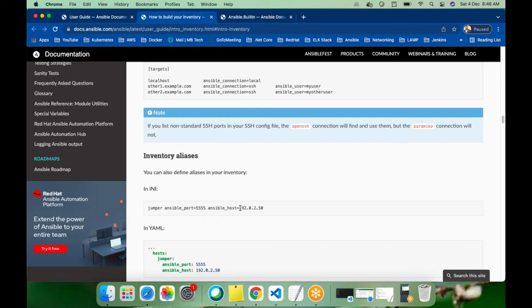Suppose you are going to use these IP addresses. Remembering these IP addresses will be a little difficult, right? So instead of using the IP addresses, you can create an alias for that, like jumper. If you just use the jumper host name, then it will call the ansible_host of this IP address. Okay, and you can see the port number it uses, right? So I'll show you this